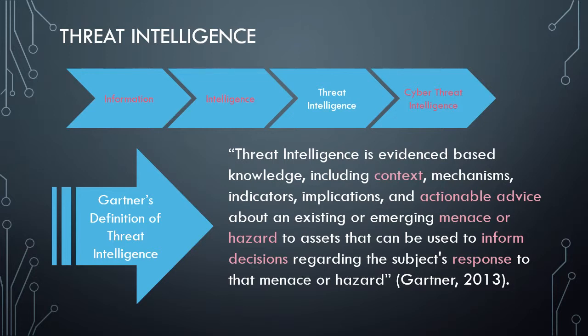Intelligence is data with meaning because it's been analyzed and given some context. We use intelligence data to apply some context to real world problems, and we should always map that intelligence to some sort of goal or priority. Gartner has a great definition of threat intelligence, and it contains some key pieces of information that are going to help us build our CTIP.